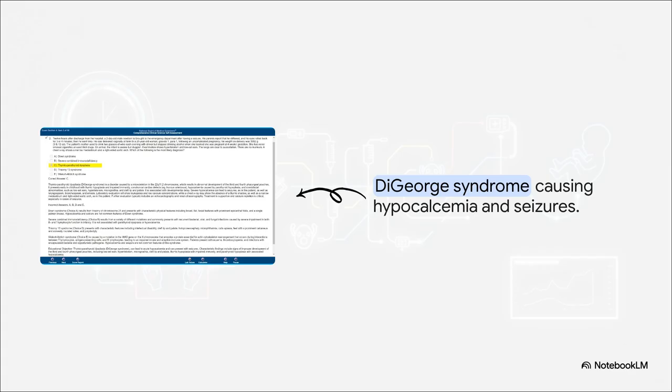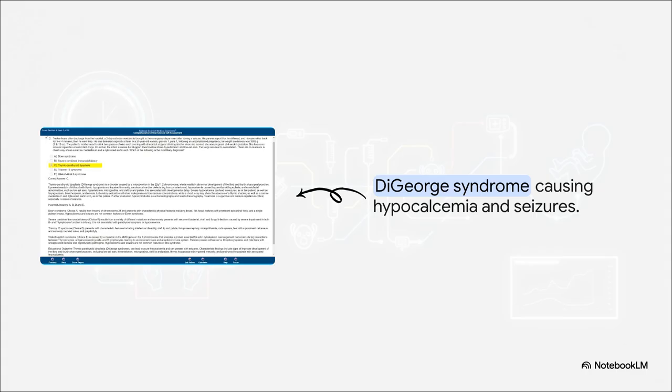Why are the other typical distractor choices incorrect? Down syndrome lacks hypocalcemic seizures. Severe combined immunodeficiency presents with severe recurrent infections, not tetany. Trisomy 13 features midline defects like a cleft lip, and Wiskott-Aldrich syndrome is characterized by eczema and thrombocytopenia, absolutely not